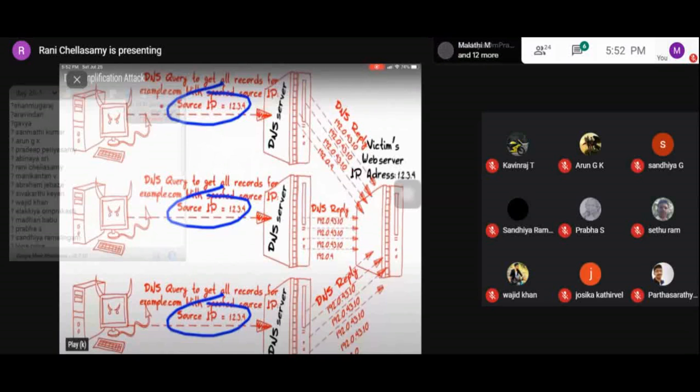So it is sent with the spoofed IP address to the DNS server. Okay, so during this attack, the attackers will send the DNS query to request the entire list of the DNS records for the domain.